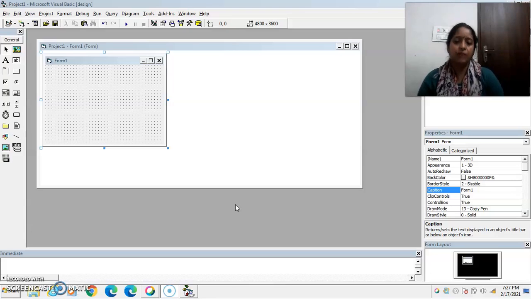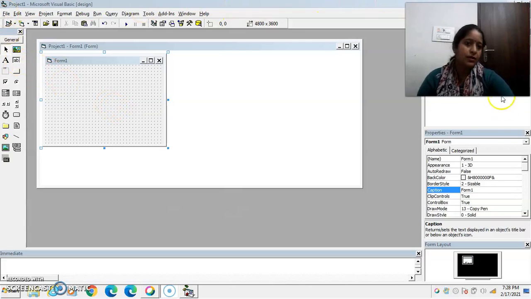In the last video lecture, we also discussed the Visual Basic Controls, their categories, that is the standard controls and custom controls. After that, we discussed how to add the custom controls in the toolbox. And at last, we discussed two controls, that is the label control and command button control, with their properties in detail and with examples. Today we will discuss in detail our next control, that is the text box control.